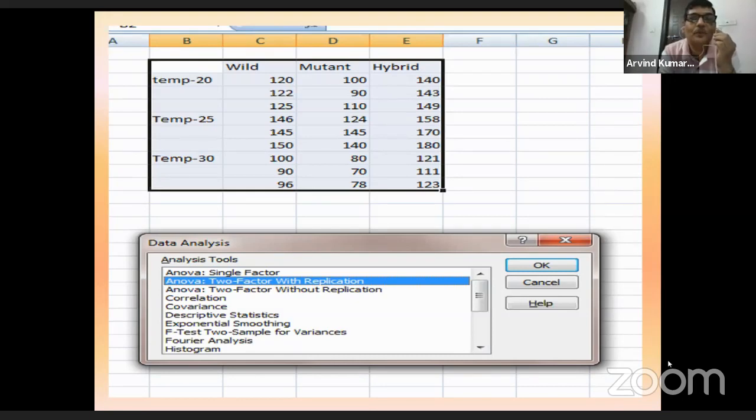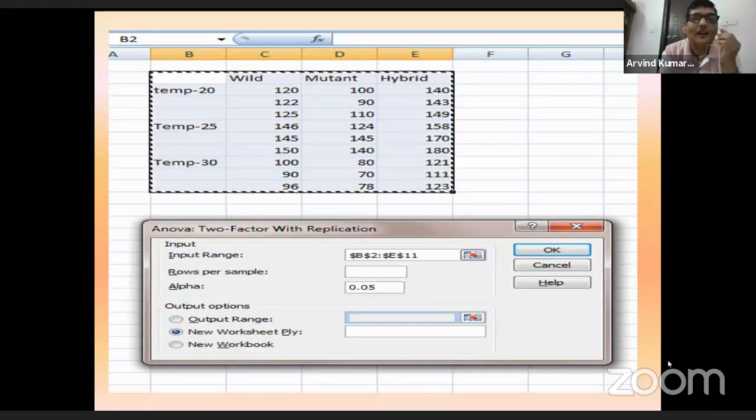You will have to select the entire aspect, that is the types which are there in the columns, and also those qualitative values like temperature which are there in the rows. And you will click here two factor with replication. So when you click it, the entire selected value will come in the input range. And by clicking OK, you can get this